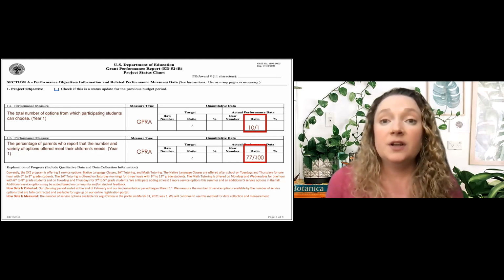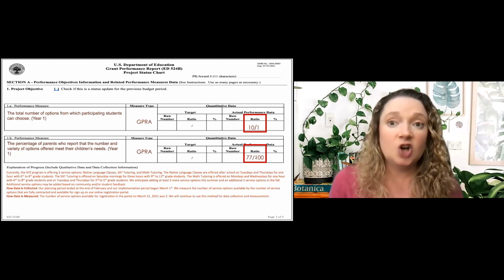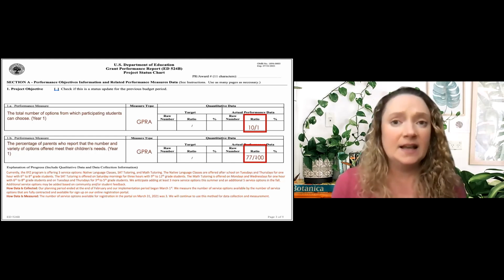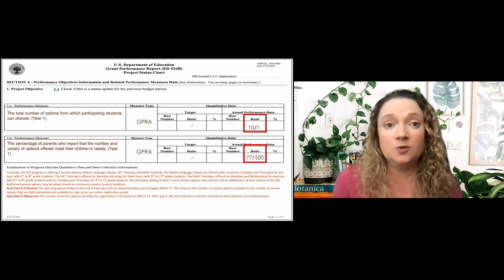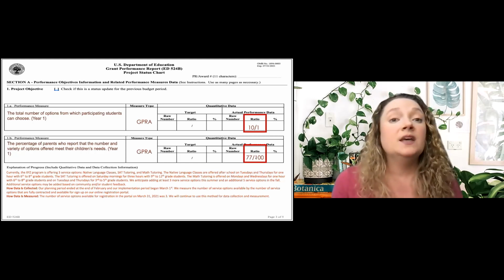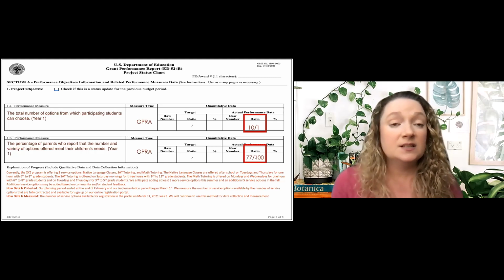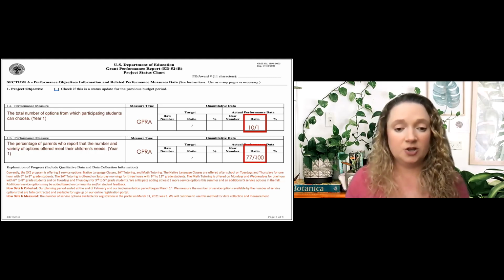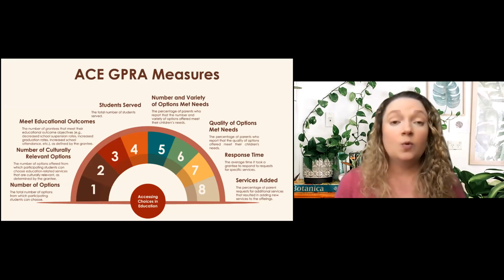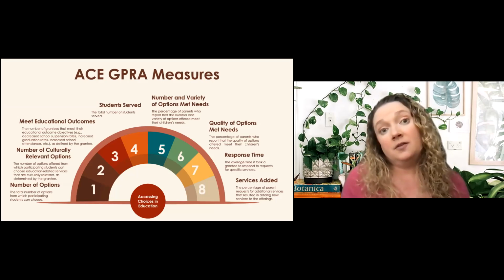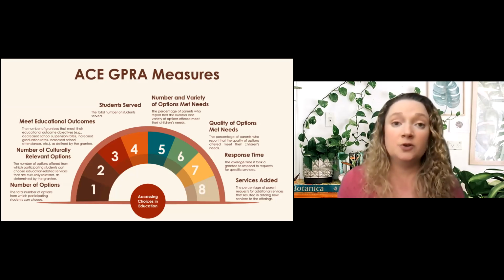So Clarence was asking if his implementation starts August 1st, then what would be included in this report? So yeah, it is kind of that same idea. If you're starting your services August 1st, as many of you may be, because that's when many of you start back to school, then a lot of yours are going to be 999, because when we go back to the GPRA slide and look at the number of options: as of the end of March, you're not offering any options, but by the end of September, you will.